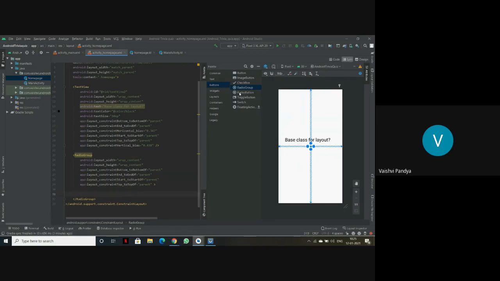So after giving the radio group command, I'll use radio button. I'll just drag it here. As you can see, the radio button has now come. I want 4 options, so I'll just take all 4 here.